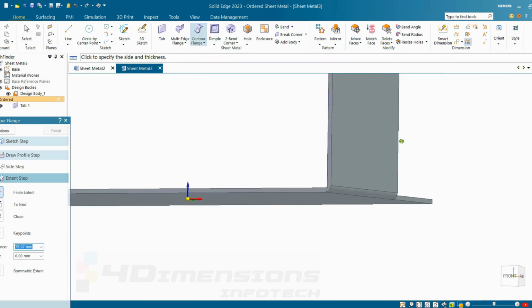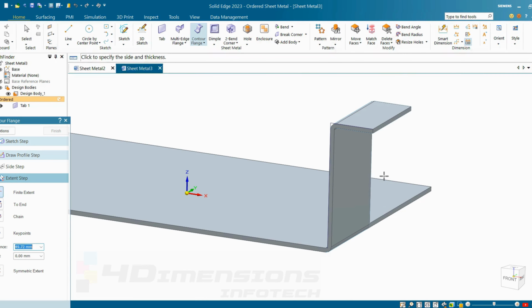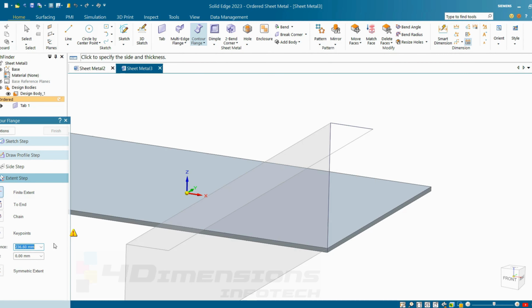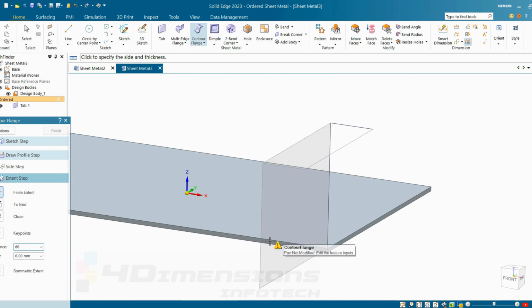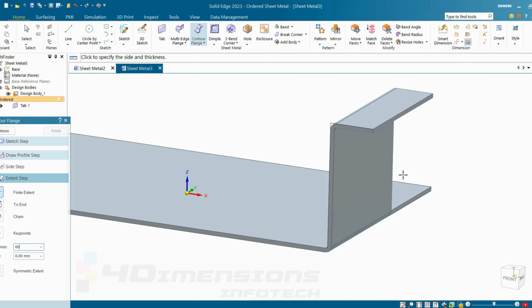After saying close sketch, it will ask me about the depth of the flange. At whatever end I want the flange, I can put the dimension here. So I'll put the dimension here as 60 mm, and I need to show this on the other side. Here we don't have any support edge, so it is showing an error. You can see the yellow exclamation mark coming on the screen. But if I flip the direction again towards the edge side, the flange is coming there. So the distance I require here is 60 mm, and say enter.